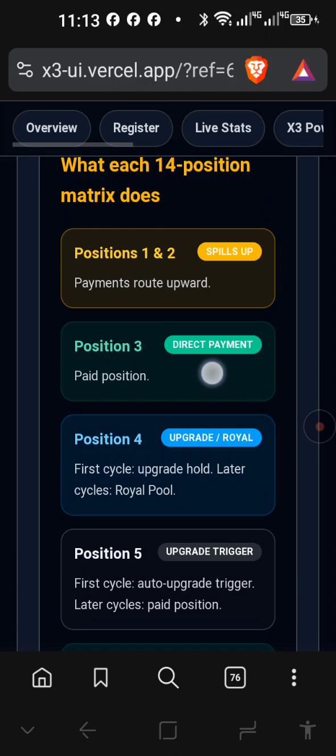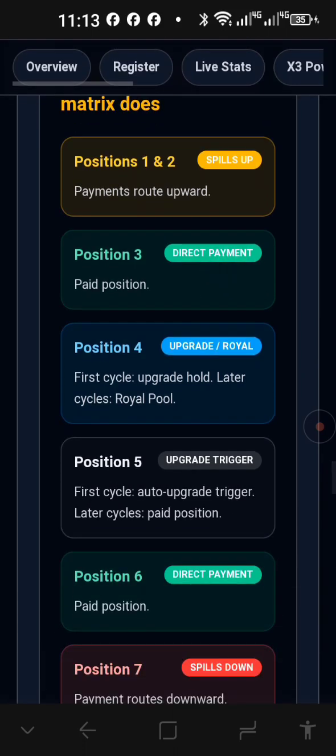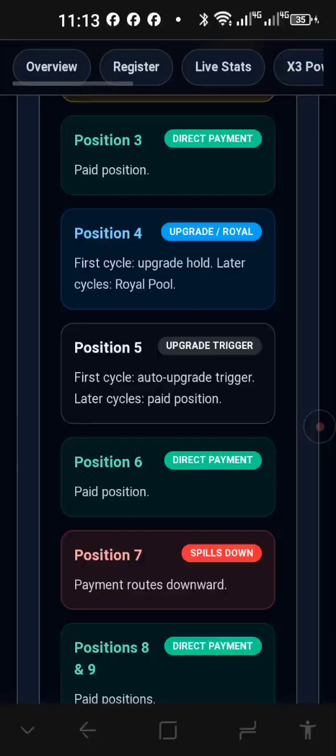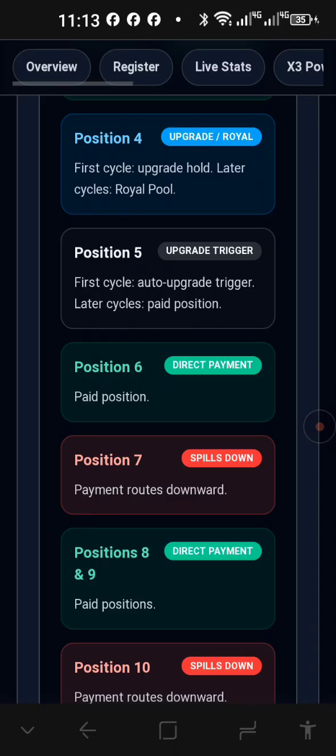And then position 3 is your first direct payment. So many members come in with 3, and there's your first payment already. And then positions 4 and 5 are your upgrade combined to the next level, so you don't have to pay anything extra. As soon as those positions are populated, you're getting upgraded automatically on your first cycle. You can, however, decide to activate higher levels on your own if you want to do that.